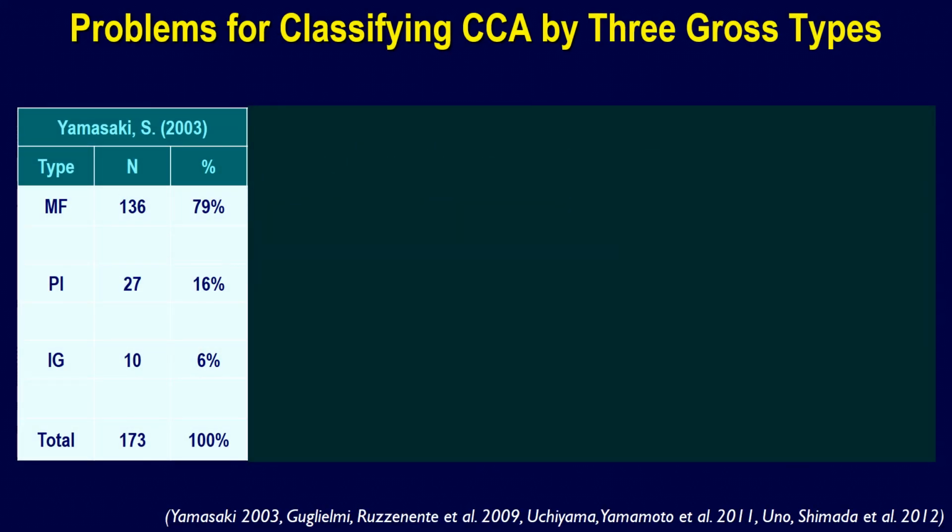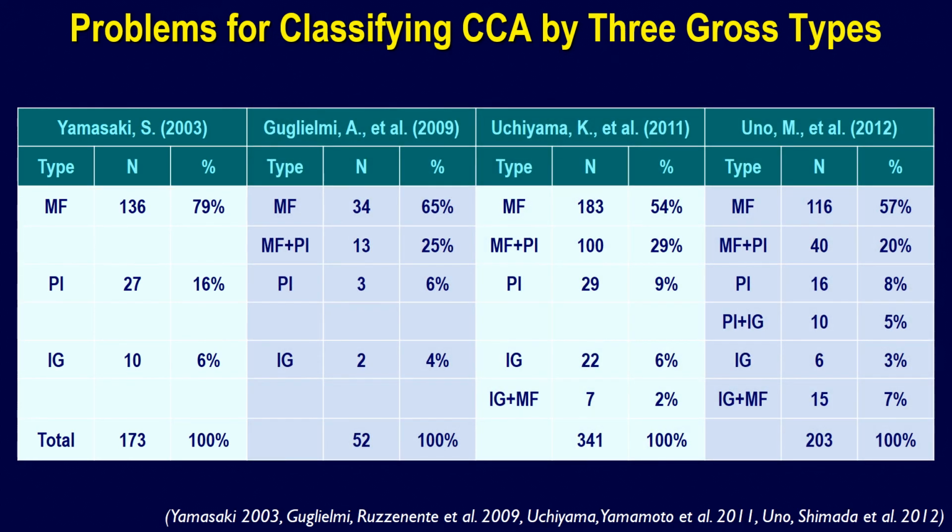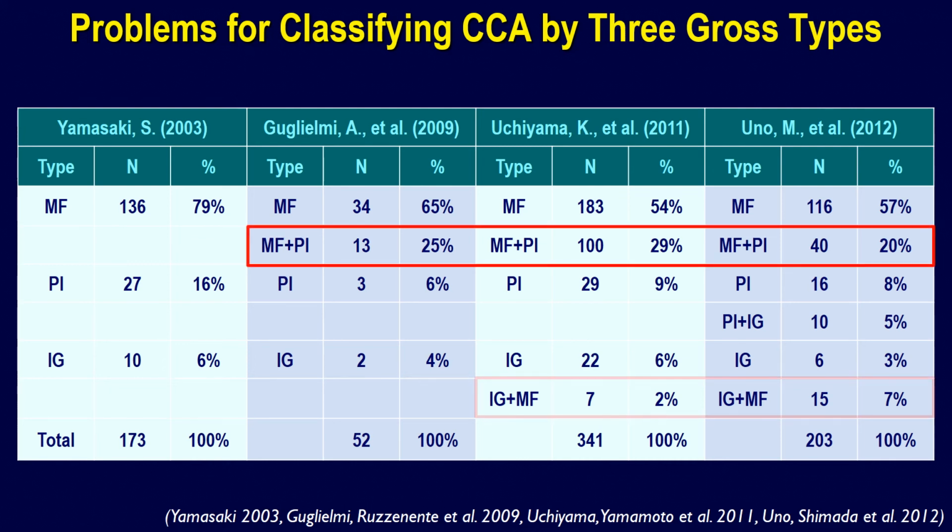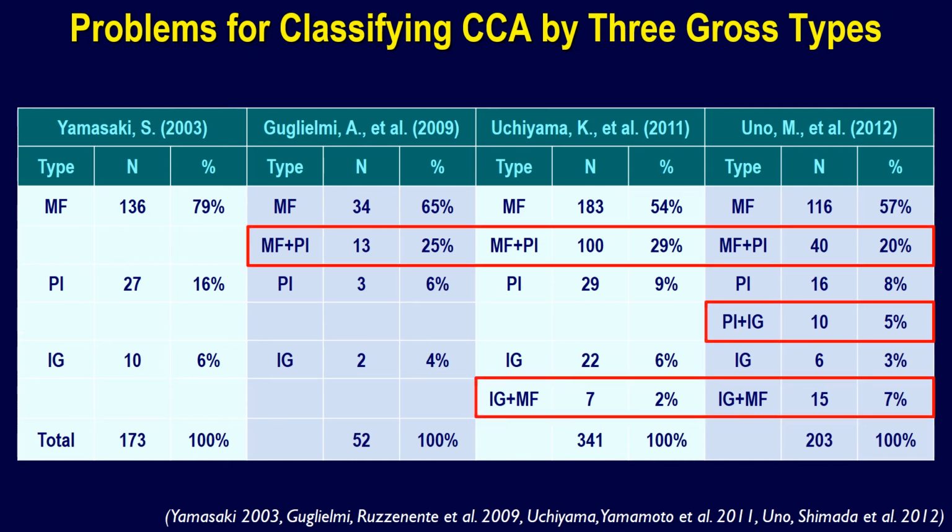However, there may be some problems in classifying cholangiocarcinoma into these three growth types. In early papers where cholangiocarcinoma was classified into the three types, the mass-forming type occupied an absolute majority. However, in later papers, various mixed types have been reported, and such mixed types are the cause of discrepancy in